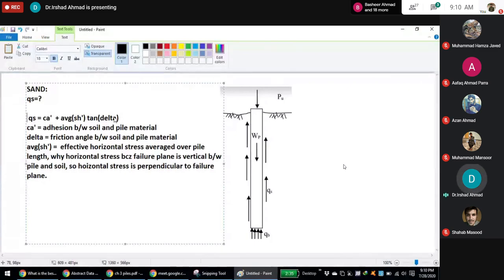But in this simple equation you see, because this is sand, adhesion is 0, you got only this, and average horizontal stress, if you multiply this with lateral earth pressure coefficient, you would get